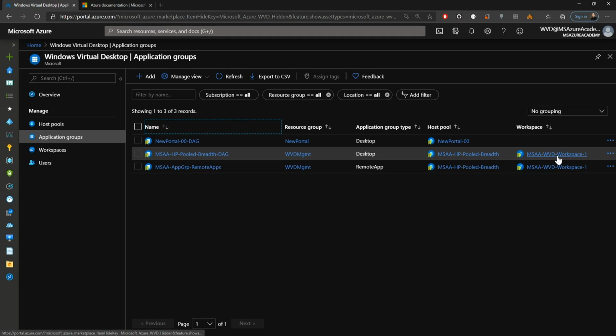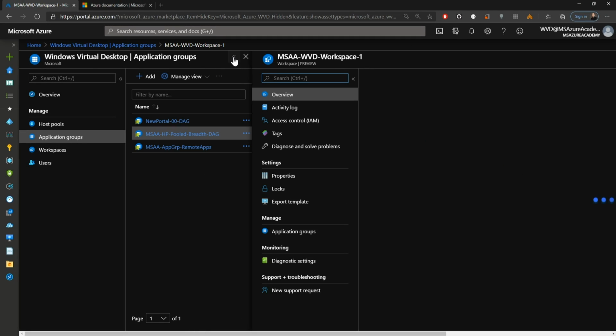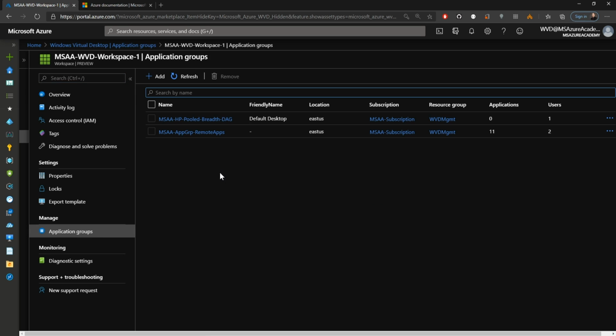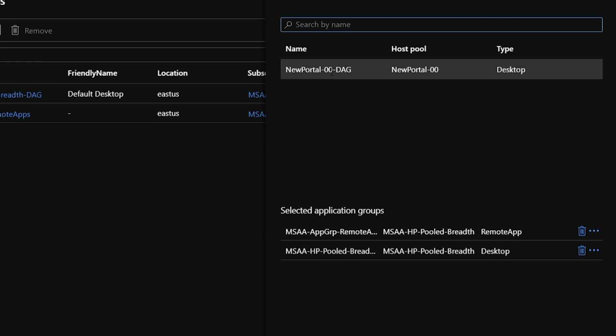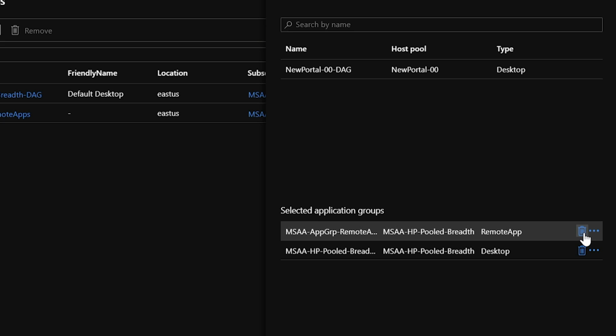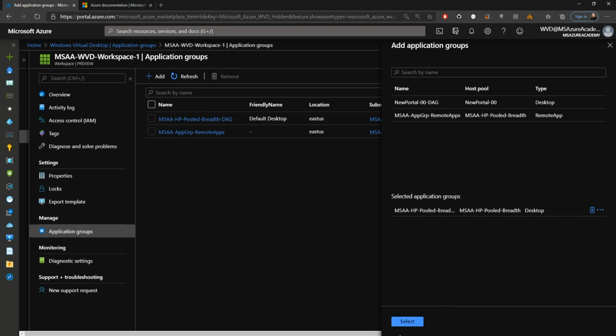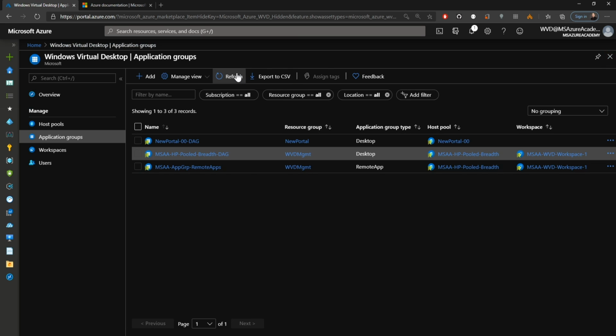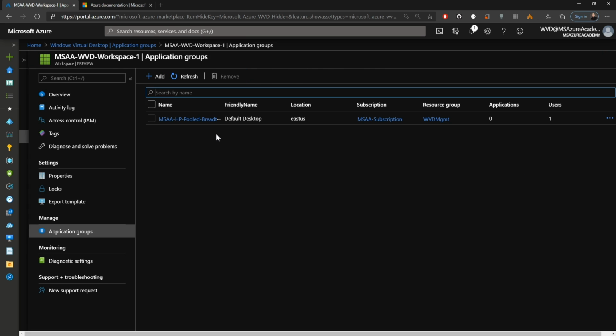So let me click on the existing workspace that I have here. Over here on the left, we've got our application groups, and here's where we can add new app groups to this workspace. So I could just click add at the top. There's our workspace. You could just click on it. Now it's added here at the bottom. Once we hit select, that would then complete the add. Notice that we can also do deletes from here. Okay, so I could delete this remote app group, and I'll just save that. And then if we return to that original view and refresh, so now we just have the one workspace.